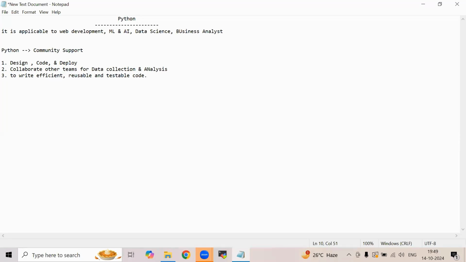So simply, in web development, we use it for design, code, and deployment. For data analysis, we collaborate with other teams for data collection and analysis. And even for scripting or other cases, we will write efficient and reusable code using Python. So these are all the things we can do, right?